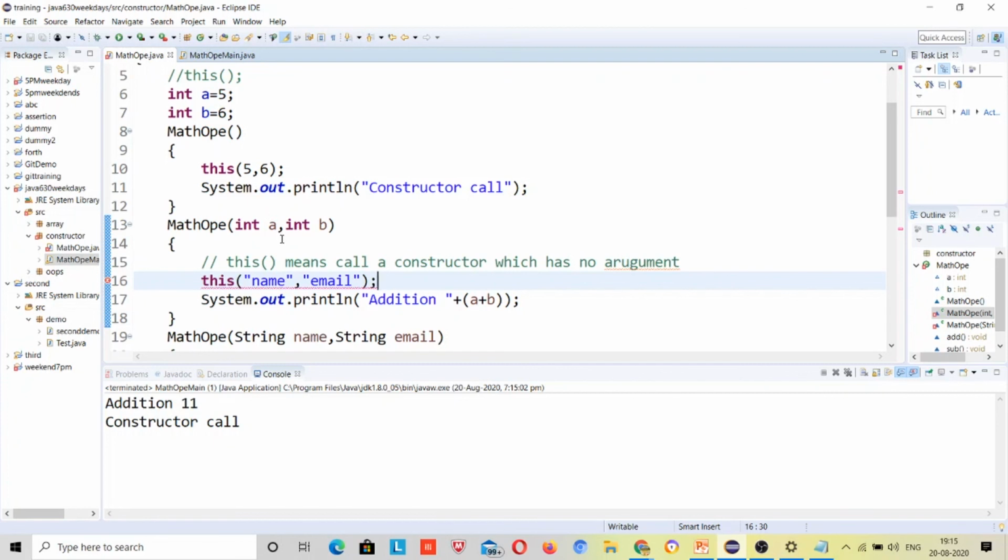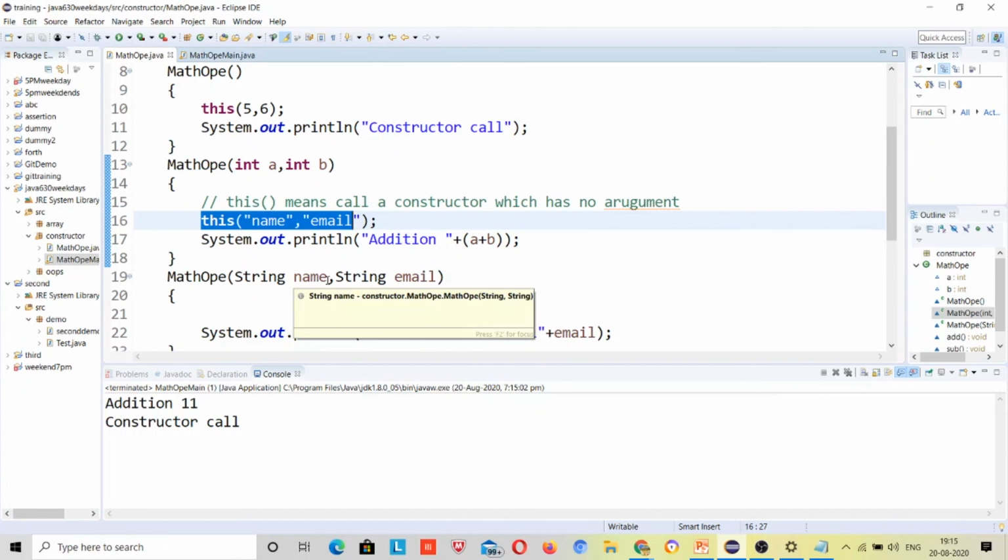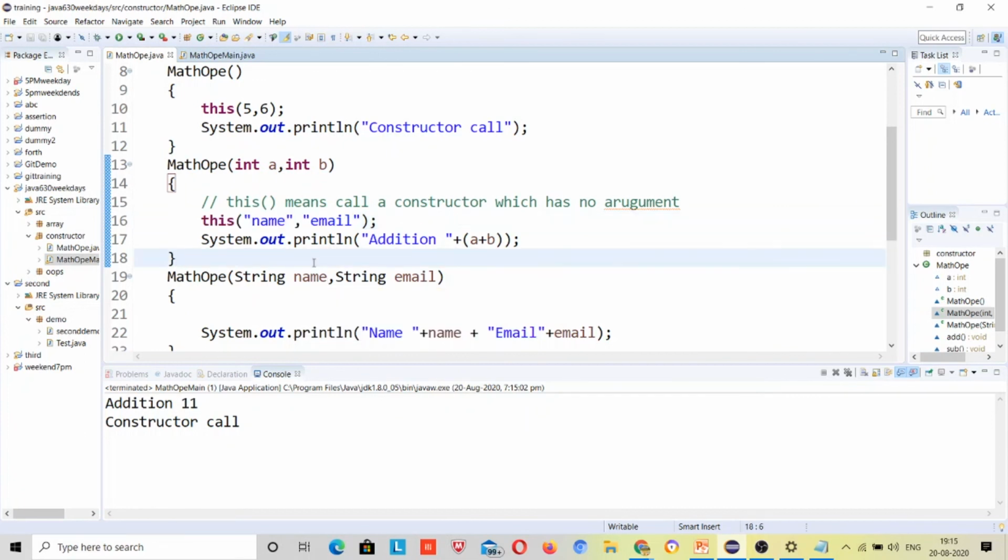First addition 11, right? No, it's a wrong answer.